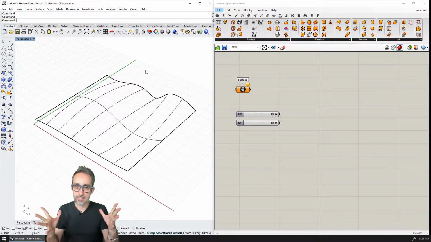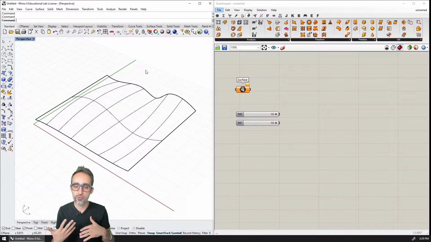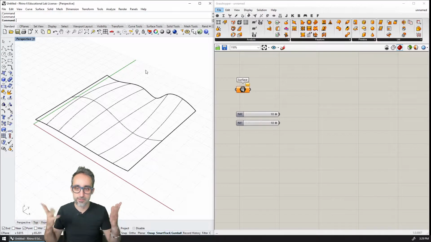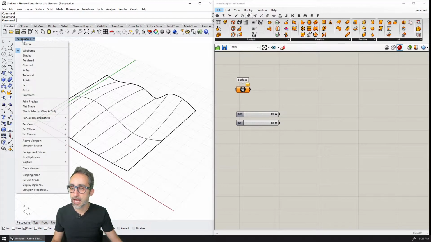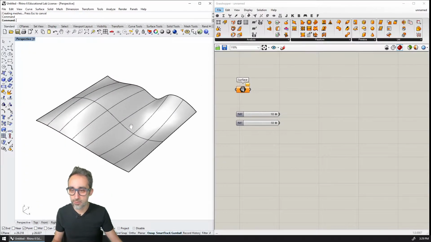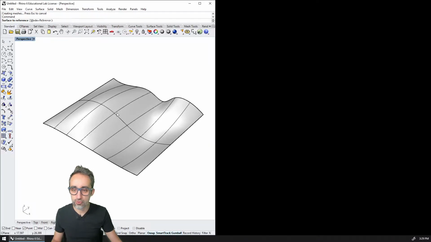Okay, so let's get started. For this one, we're going to go a little fancy, and instead of just a flat 2D grid, we're going to work as if we were on top of some kind of undulating terrain. So I've made this surface in Rhino by lofting 3 curves, and I'm going to bring this surface into Grasshopper.